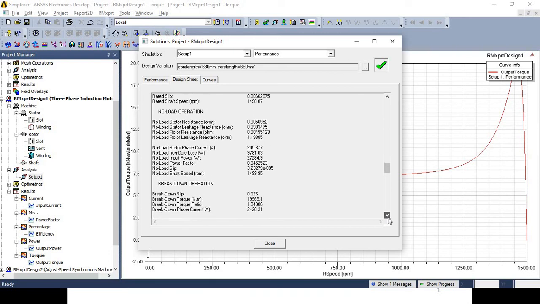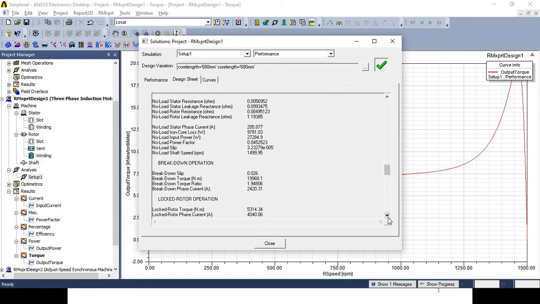Then no load operation of the motor, that is no load stator resistance in ohm, no load stator leakage reactance in ohm, no load rotor resistance in ohm, no load rotor leakage reactance in ohm, no load stator phase current in ampere, no load iron core loss in watt, no load input power in watt, no load power factor, no load slip, no load shaft speed in RPM, breakdown operation, it is breakdown slip, breakdown torque in Newton meter, breakdown